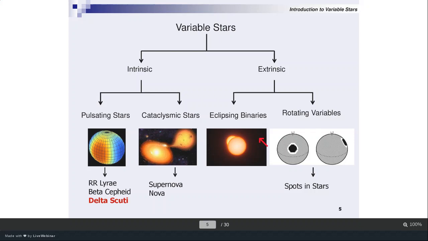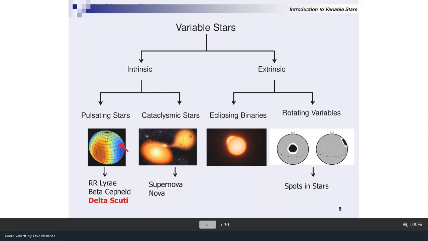the asteroseismology, to a particular type of star, because we have a set of variable stars, intrinsic and extrinsic. I'm just looking at intrinsic variable stars only. Among the intrinsic variables there are many other types like RR Lyrae, beta Cepheids, supernovae. So among those, I just select the delta Scuti type stars only.